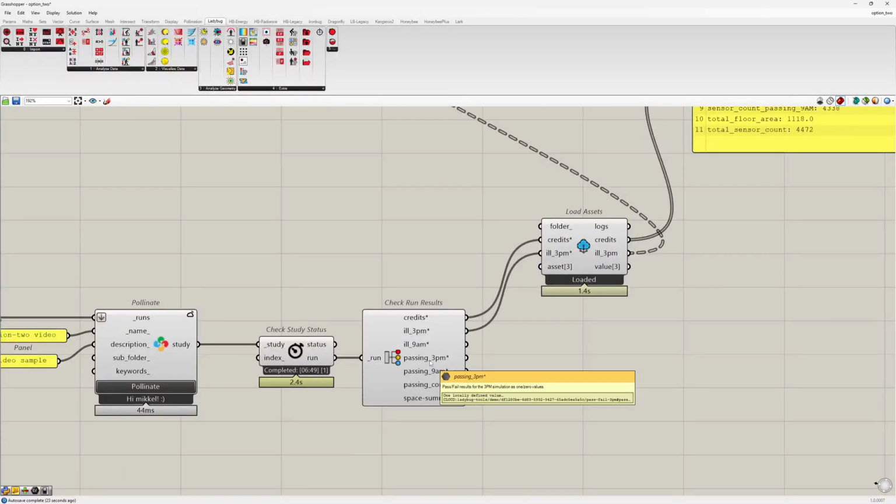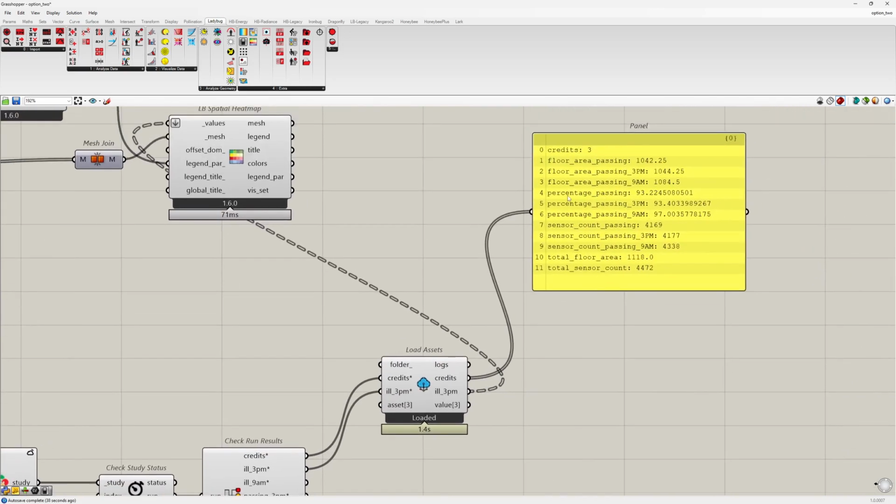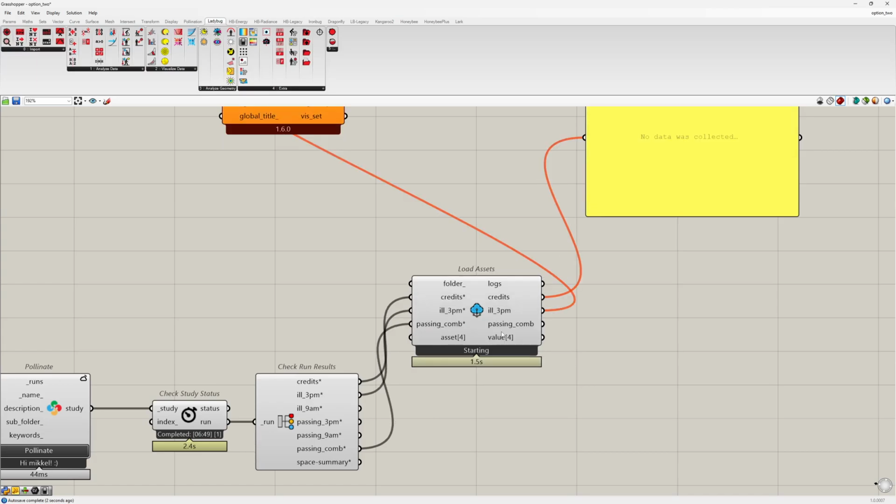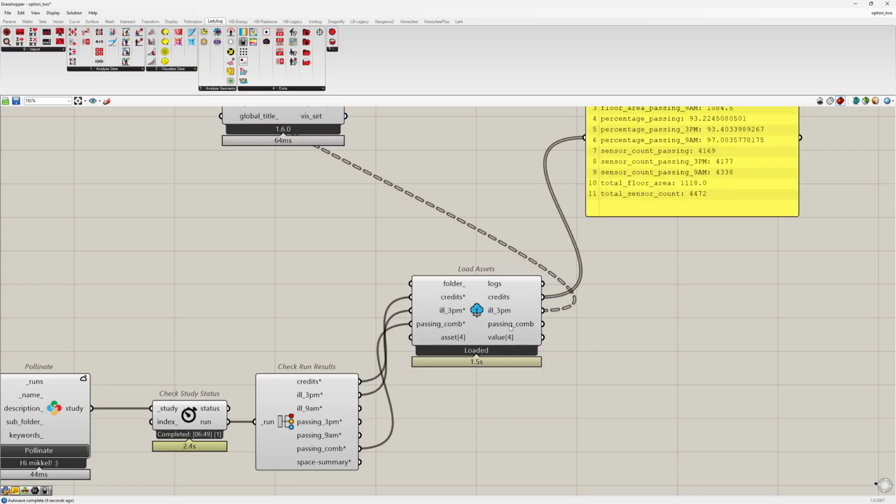We have these passing outputs for each time step, and then a combined one. And the combined one is the important one, since it's the one that the percentage passing floor area is calculated on. So if we download this output,